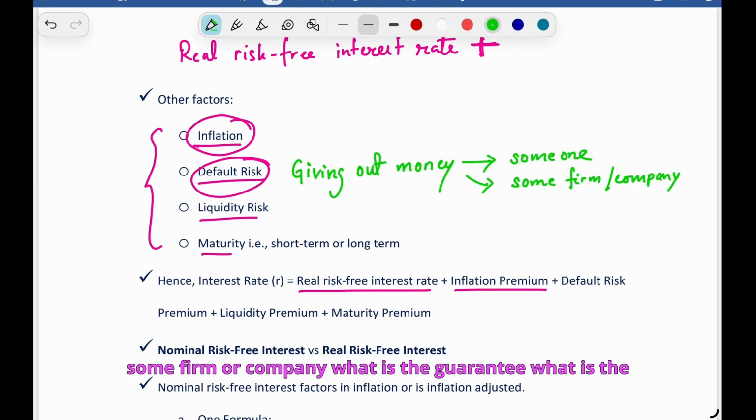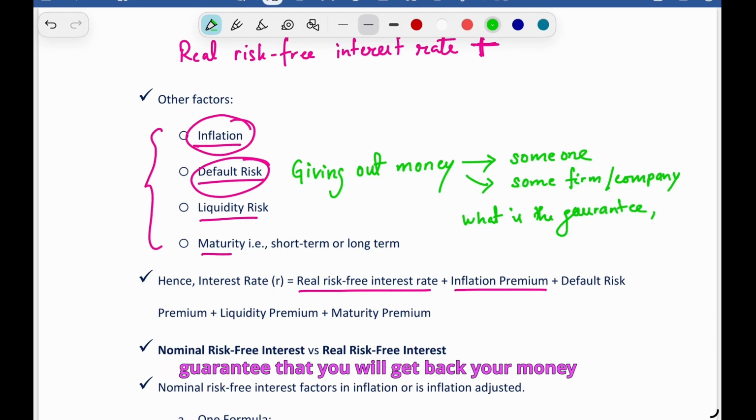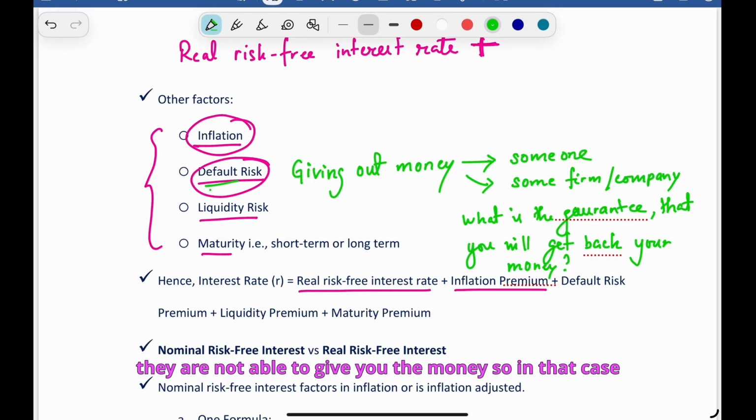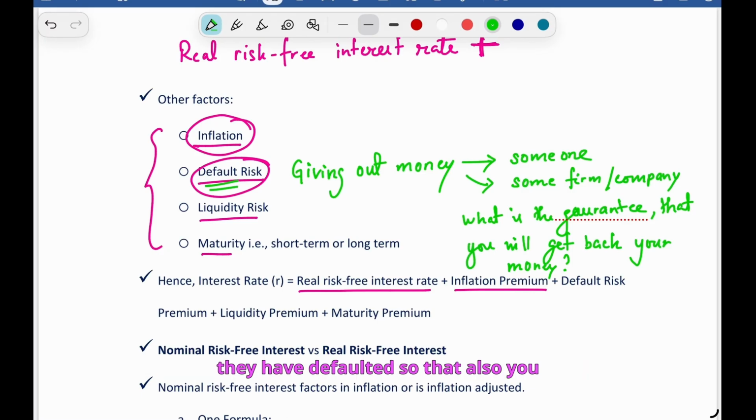What is the guarantee that you will get back your money, right? It might be the case that they will not pay you back money. They are not in that condition or they are not able to give you the money. So in that case, they have defaulted. So that also you have to consider, and accordingly on the real risk-free interest rate, you have to consider default